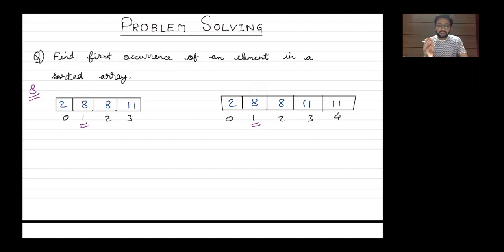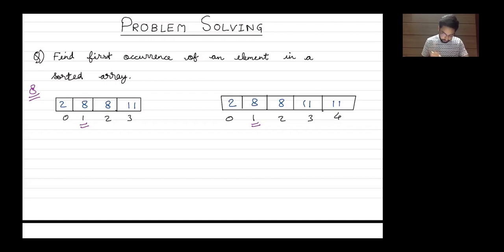So one way to do this is obviously sequential search. You start traversing from the left. As soon as you find or encounter the element that you are looking for, you return that index. But the time complexity in sequential search would be order of n. And we want to explore if this can be done in less than order n. So less than order n, one algorithm which comes to our mind is binary search. So let's apply binary search once and see what is the result that we get, and then we can